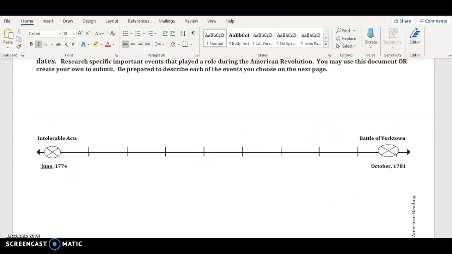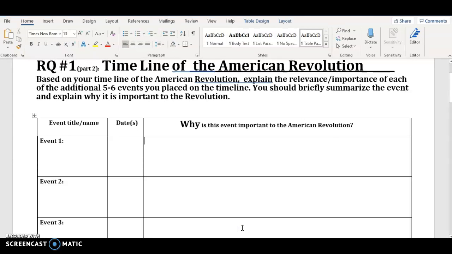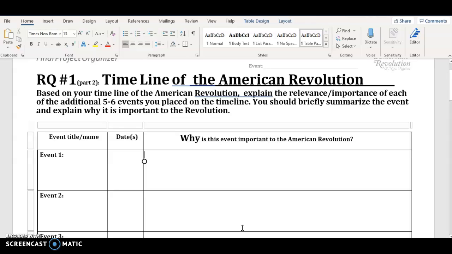The second part, part 2, is a document that says, based on your timeline of the American Revolution, explain the relevance, the importance, of each of the additional 5 to 6 events you placed on the timeline. You should briefly summarize